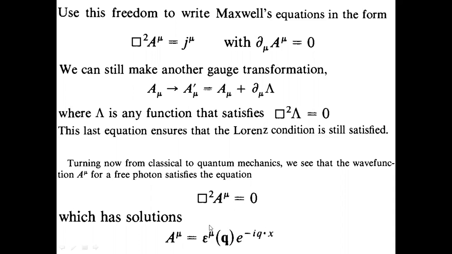So if it satisfies this equation, we have a general solution. We have a solution like this. Again, a free particle solution with epsilon mu q, where q is the momentum of the particle of the field, not the particle. I will come to particles later. Mu is simply the Lorentz index of this field mu. This is a plane wave solution because it satisfies this equation, the Lorentz equation.